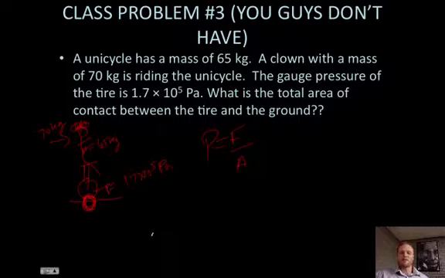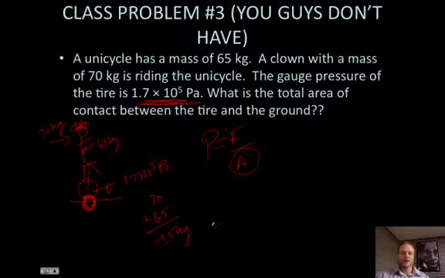The big key for this problem is we're trying to solve for A, right? We want to know what that is, and our pressure is given to us. It's right there, just sitting there. The big key to solving this problem is finding this F, this force. It's going to be the mass of the unicycle and the mass of the clown. Because they're both on this unicycle, or well, the unicycle's there, but the clown is on top of the unicycle. We have to add these masses. So 70 plus 65 is going to be